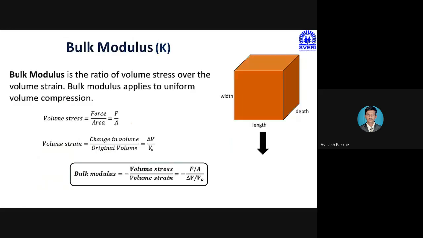Then this third point we have discussed is the change in volume. What happens if a body is subjected to some amount of external force, and that body is a three-dimensional body? Three-dimensional means it has three dimensions: one is the length, another is the width, and the third one is the depth. If that body is subjected to some external force, its three dimensions will change simultaneously. If three dimensions change simultaneously, we can say that the volume of that particular body will change, and as the volume changes, that body is subjected to some amount of volumetric stress and volumetric strain.